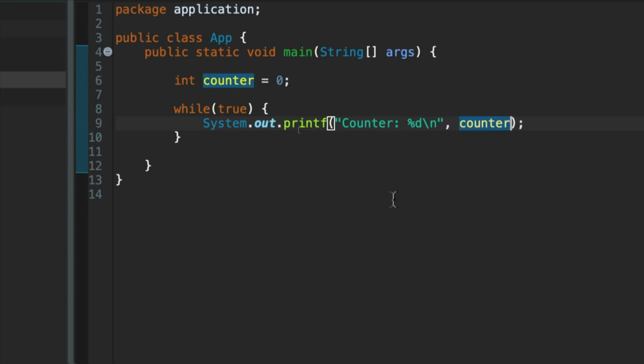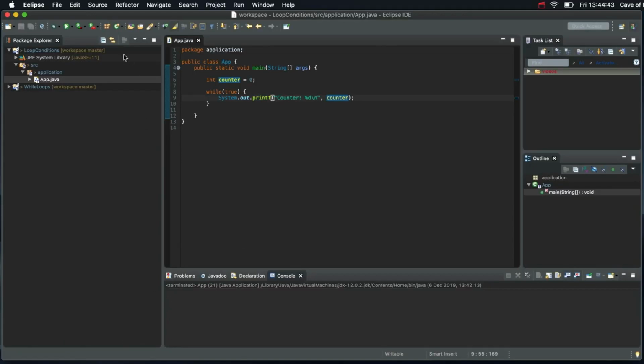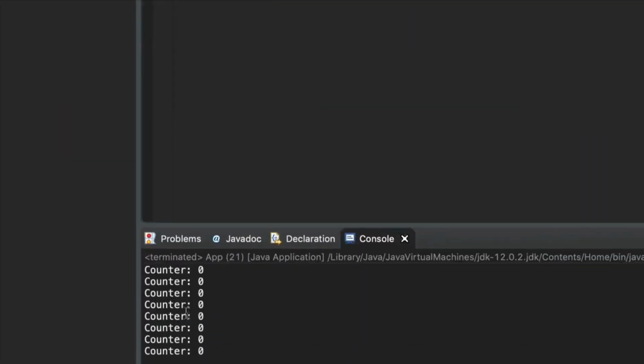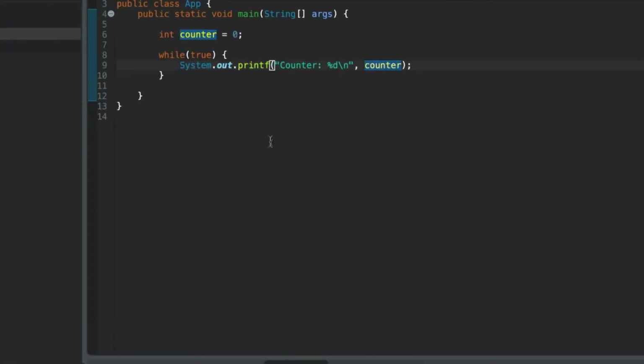Alright, so if we run that as it is, we're just going to see 0 printed over and over again. So let's look. Terminate it with the red button there. So it just says counter 0. But now within the loop,